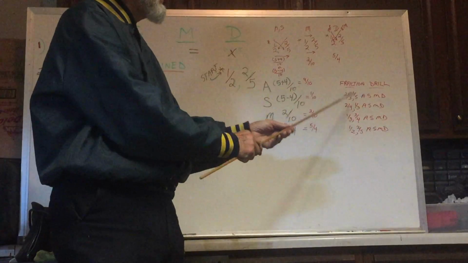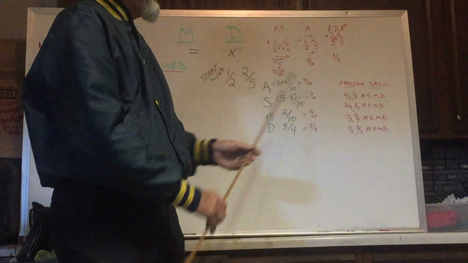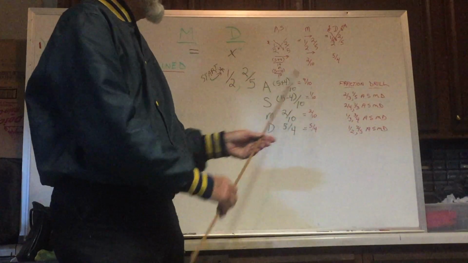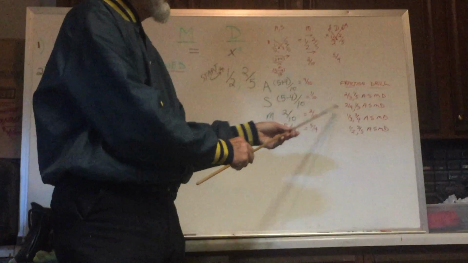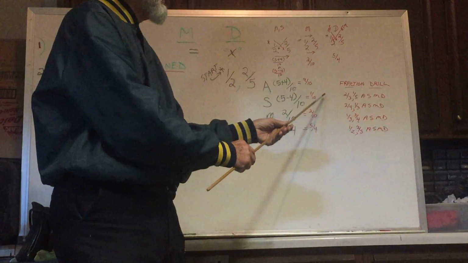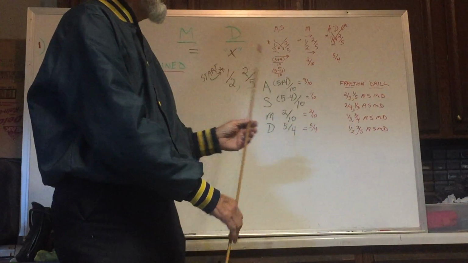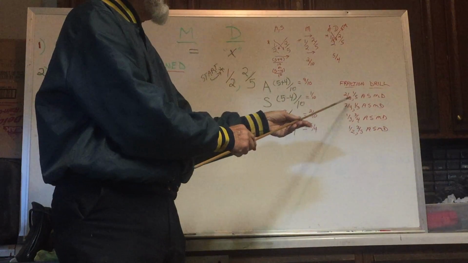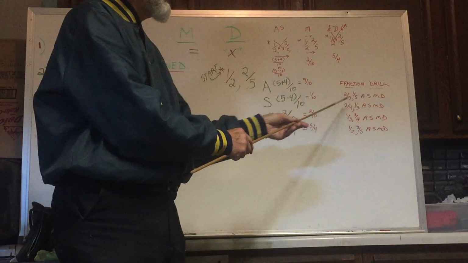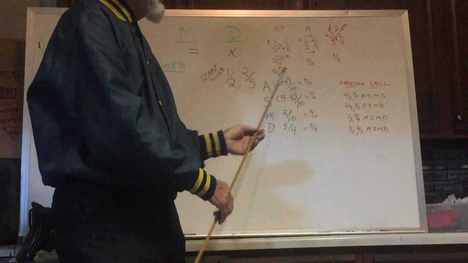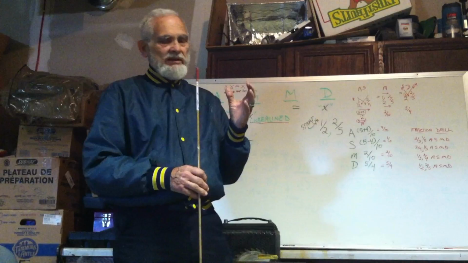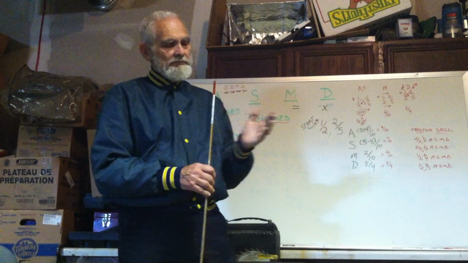Next set, 2/4, 1/3. Add, 6 plus 4 is 10 over 12. Subtract, 6 minus 4 is 2 over 12. Multiply, 2 over 12. Divide, 6 over 4. Next set. Now that's the kind of speed that you need to get when you're playing the fraction games, because